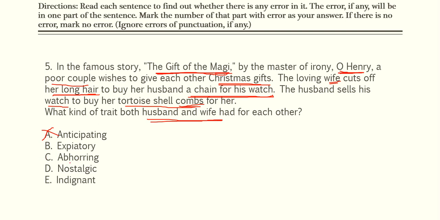Now, what is the meaning of abhorring? Abhorring means regard with disgust or hatred. बट यहाँ पे तो मतलब जैसा ऑथर ने बताया है, यहाँ पे तो इजीली हम समझ सकते हैं कि वो दोनों एक दूसरे को बहुत अच्छे से, they used to love each other, right? एक दूसरे को बहुत चाहते थे. Okay, so we cannot say abhorring, right? Abhorring relates to hatred, so this one is being eliminated.